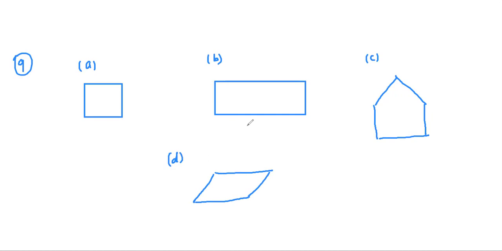Okay, so let us see which is the right one. So here, this is the figure. This is the rhombus, not actually a parallelogram. It has rotational symmetry because if we rotate it, it will look the same, but it doesn't have reflection symmetry because if we draw this line, this is not the reflection symmetry. If we draw this line, then this also does not show the reflection symmetry. So this is the right option.